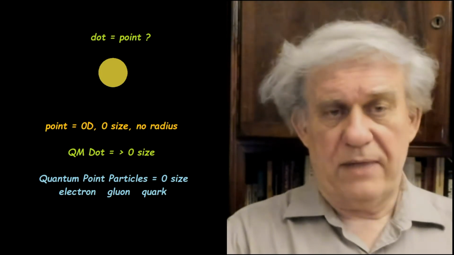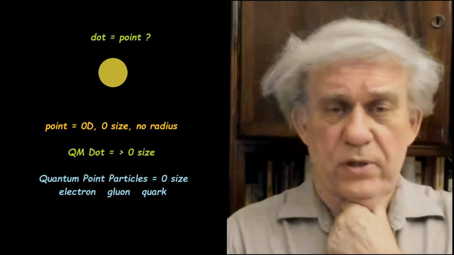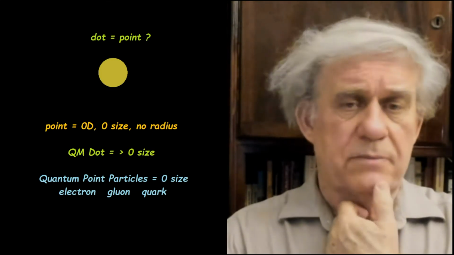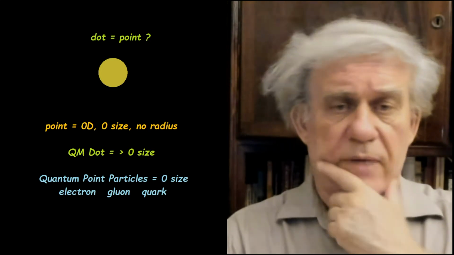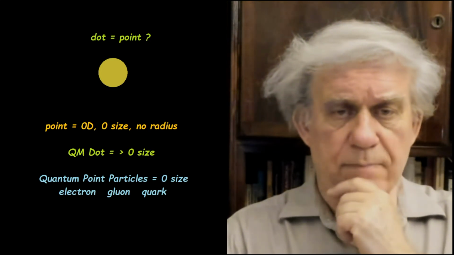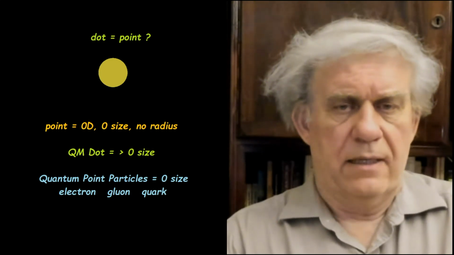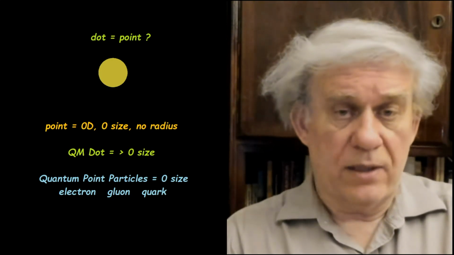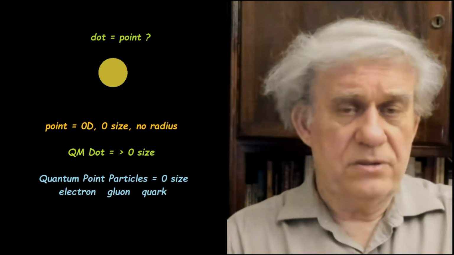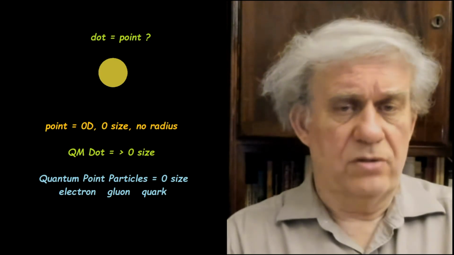Okay. So the question is, is the quantum dot the same thing as the geometric point? And the answer is no, because the geometric point, as well as the quantum point particles, they're all zero dimensional. They're, you could say, non-dimensional because they're really talking about concepts. Wave function collapse, what the hell is that? That's not a physical object. On the other hand, the quantum dot is used in technology. And they don't claim for it to be zero size.